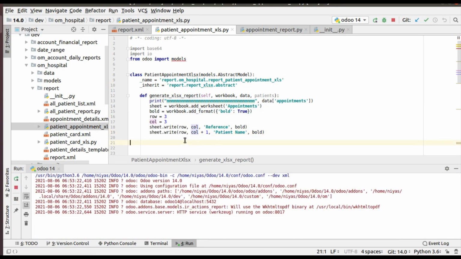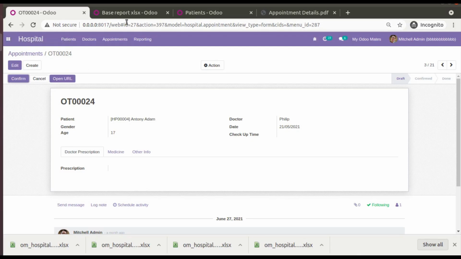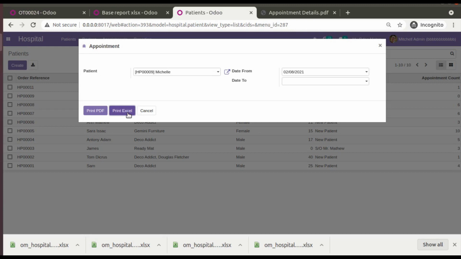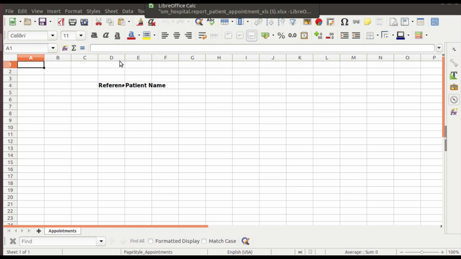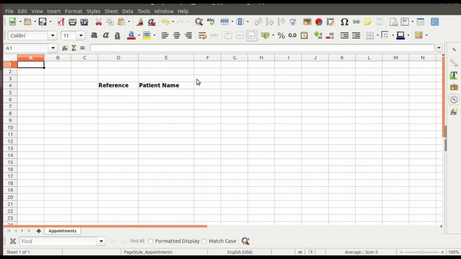So I have already added only this much of lines, and let me come back to the UI and let me print the report again. So I'll click on print Excel. So you can see the report has got generated, and if you open, so it thinks still it's loading, and if you open, you can see reference and patient name has got printed in the